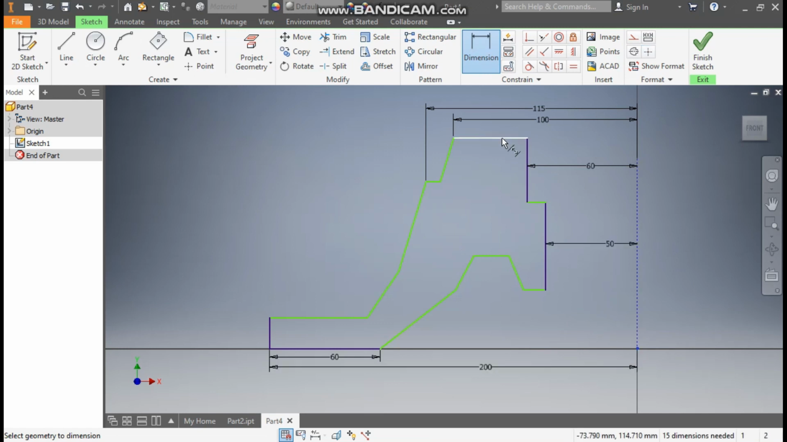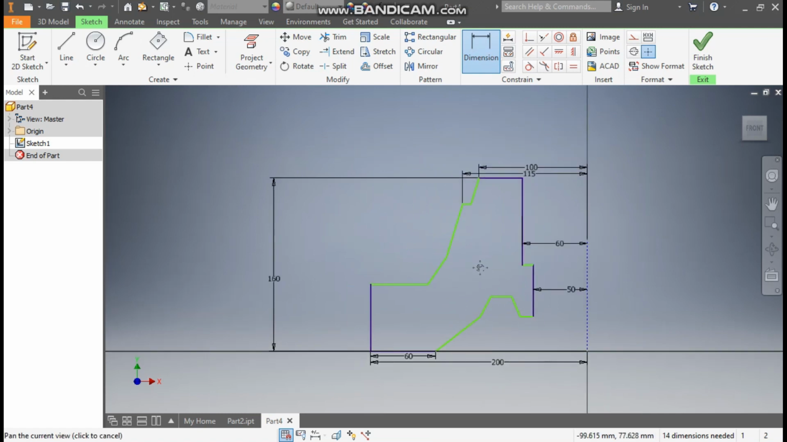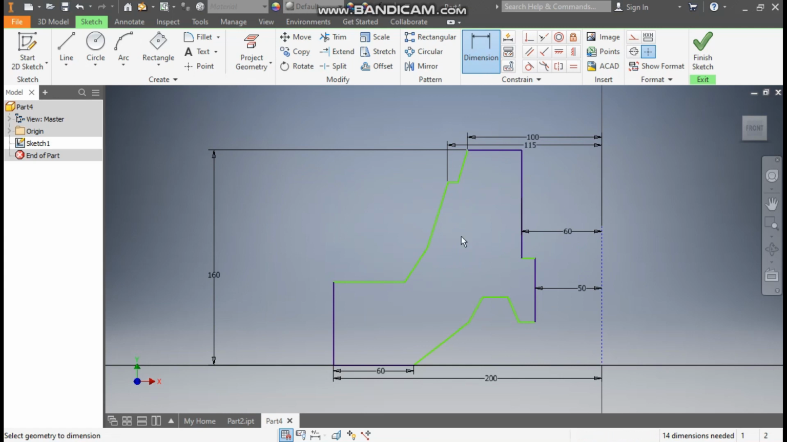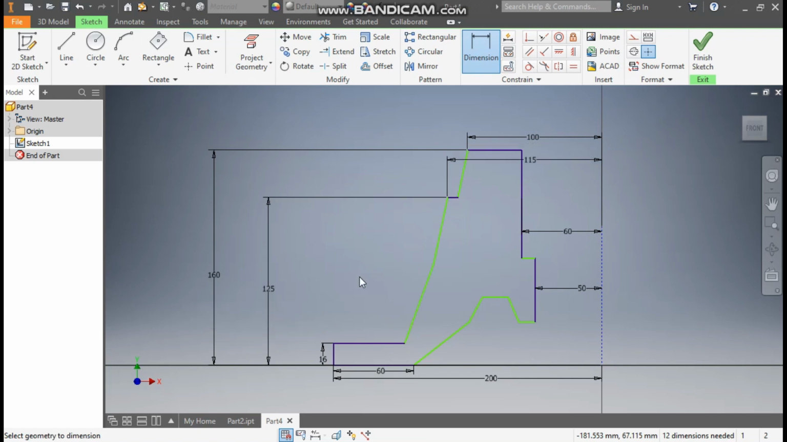Select this point, select this. So this total here will be 160 mm. Okay, now you can see the complete profile is shifting. Okay, now you can define this as 16. Okay, so the next dimension will be, select this line and select this point. So this dimension will be 125 mm. Okay,